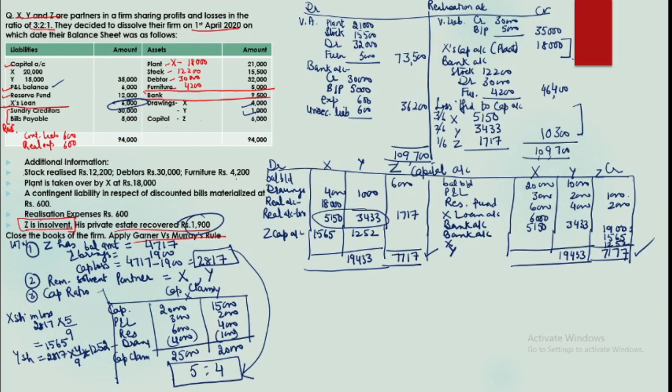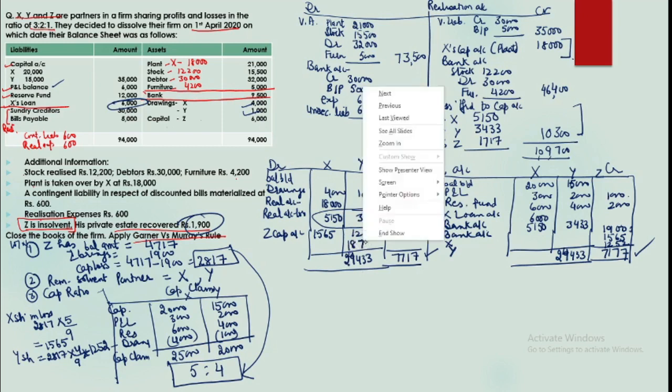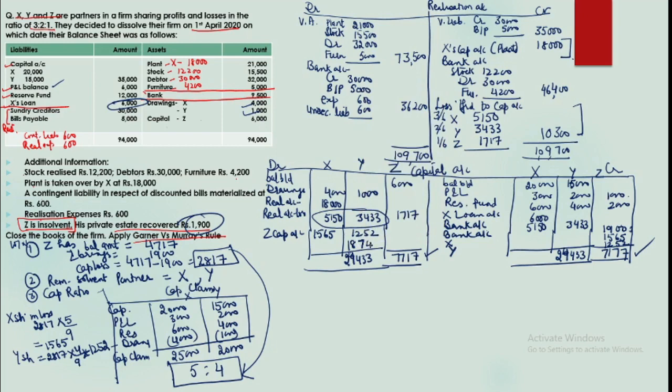Okay, there was an error. It is 15,000. Okay, there was an error in totaling, so it is 24,000 here. So what will be the amount that he will now? He will be paid 18,748. Okay, for X the total is coming out to be, let us make the total, 40,150.